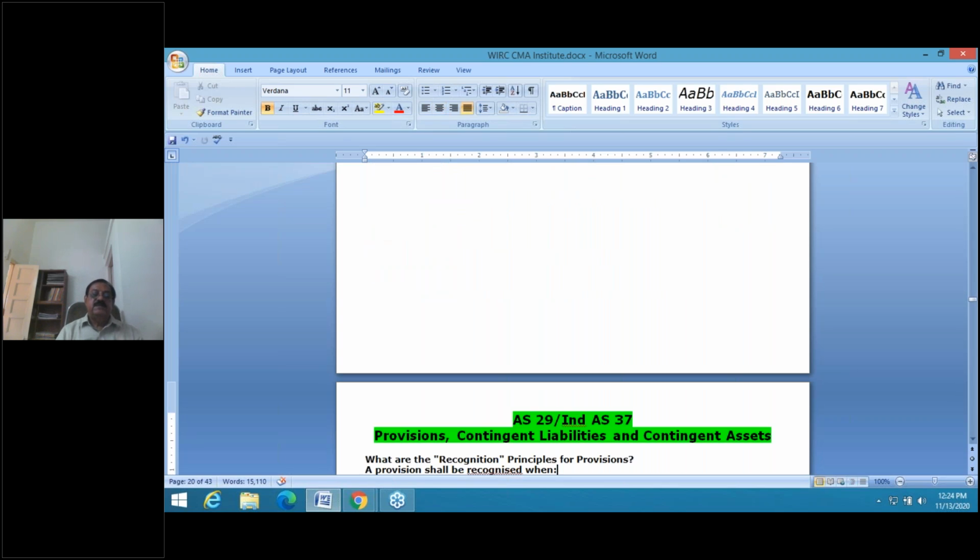Diluted EPS, I'm explaining in short. Whenever a company has potential equity shares, diluted EPS has to be calculated, because up till now they have not asked about diluted equity shares. Now, what are potential equity shares? Presently, they are not in the form of equity shares, but in future they will be converted into equity shares.